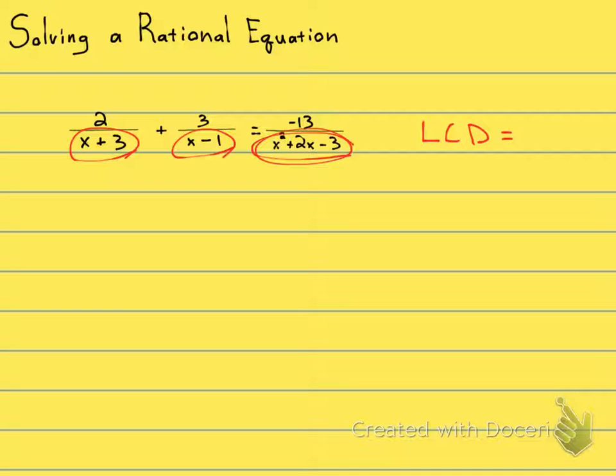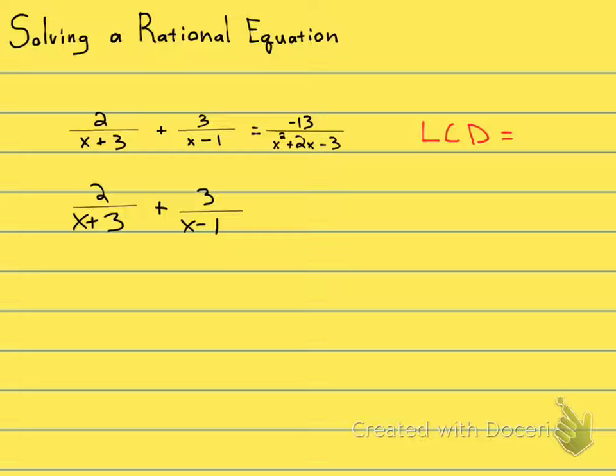But I need to factor this to see what the factors of that term are. So let's go ahead and do that. I'm going to have 2 over x plus 3 plus 3 over x minus 1 equals negative 13 over,